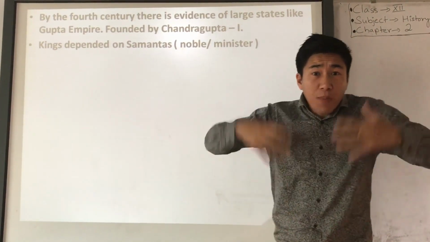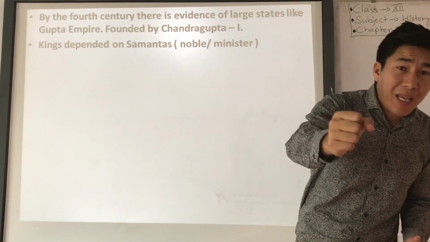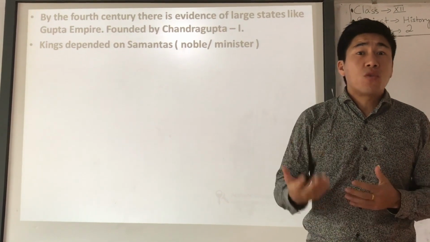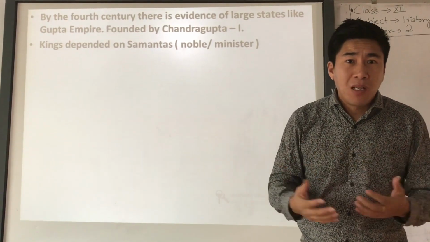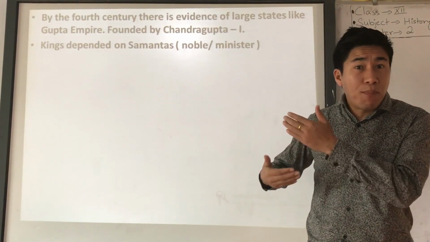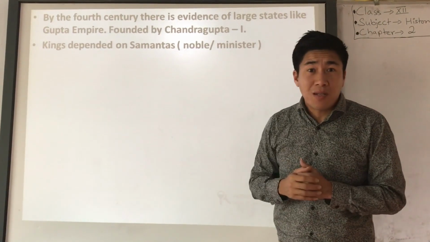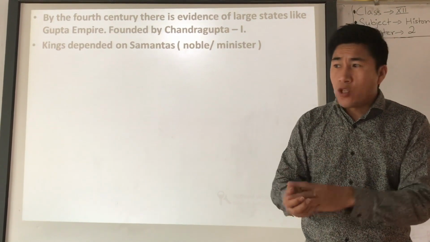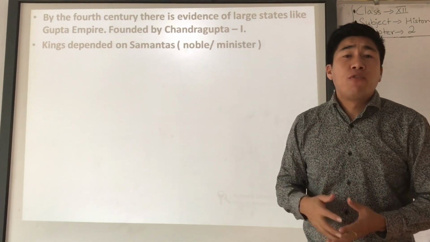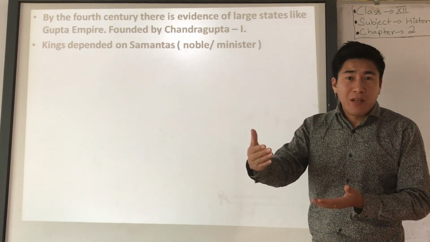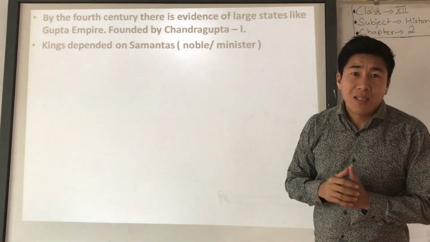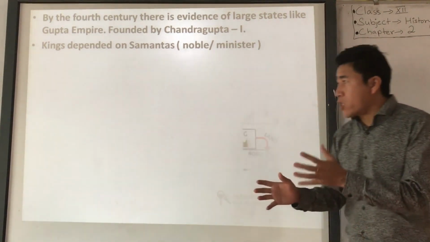So in the later part of the Gupta Empire, what happened? Some Samantas became very powerful, and then they revolted against the king, and because of that, the king had to face the consequences. So many historians, like R.S. Sharma, believe that the decline of the Gupta Empire was because of the Samanta system. If you have learned European history, we call it the feudal system, feudalism. What R.S. Sharma mentioned about Indian feudalism is the Samanta system. Understood?